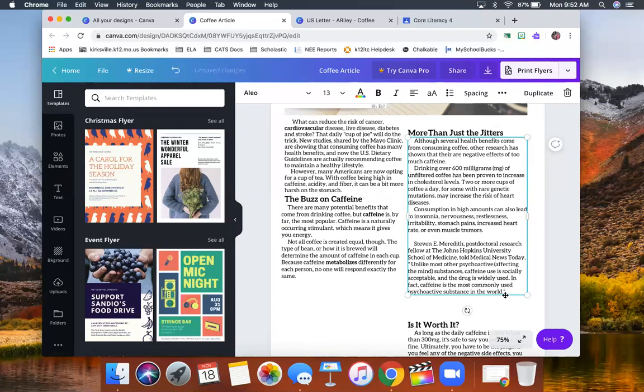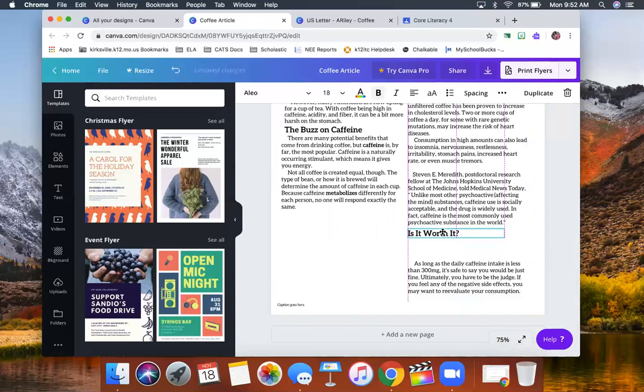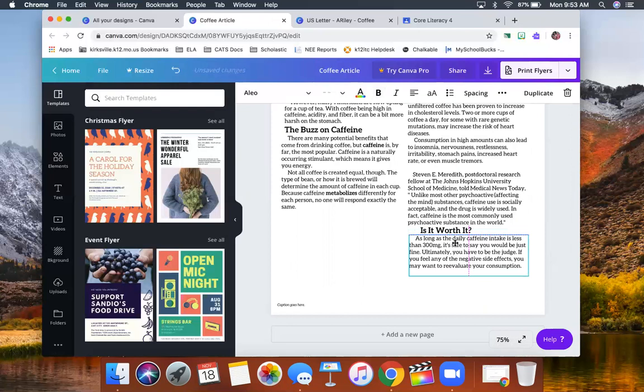Now, I don't know if you can tab over and create the indentations. I just did 5 spaces, so you might have to do that as well. Is it worth it? I'm probably going to knock over just here a tad to make more room for my picture,